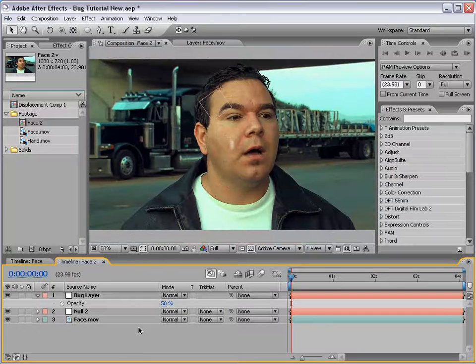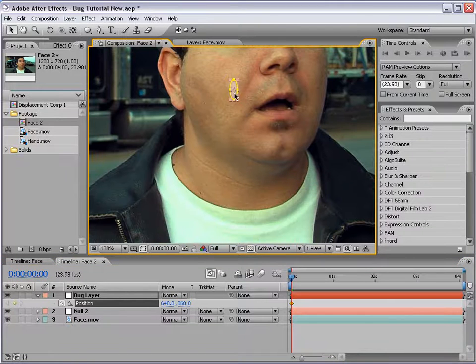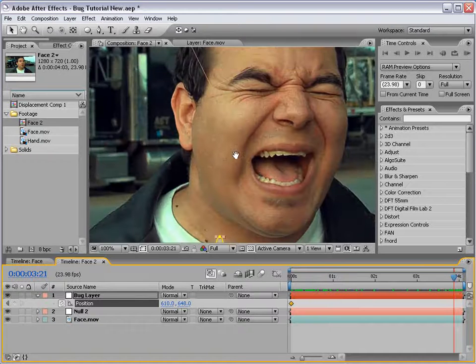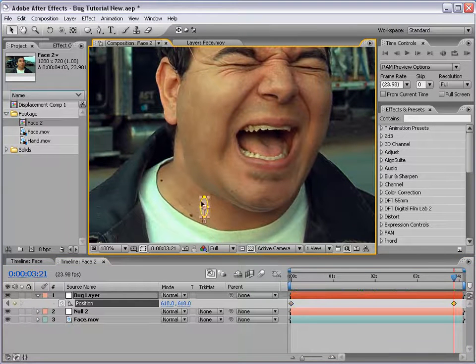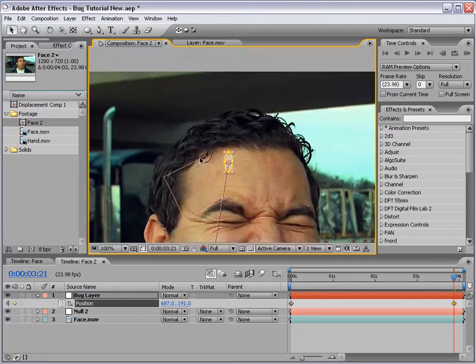Okay, so what we're going to do is animate this bug layer so that it looks like it's crawling on his face. So I'm going to hit P, brings up our position, and I'm going to set a keyframe, and then I'll just, let's see, I'll move, dang it, lousy gun. I'm going to go ahead and move it down here below his shirt line, and then I'm going to go up to the end, and I'm going to move it up to his hairline, which is clearly receding,